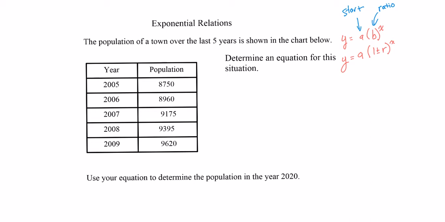Now, in order to determine if something is exponential, we check to see if the first and second differences are the same value. If they're not, then we have to check if the first ratios are the same. So in this case, we'll do the same for this. In our population that we have here, this is our y value, this represents our x's, and this is our y's. So basically, 850, when we do our first differences,